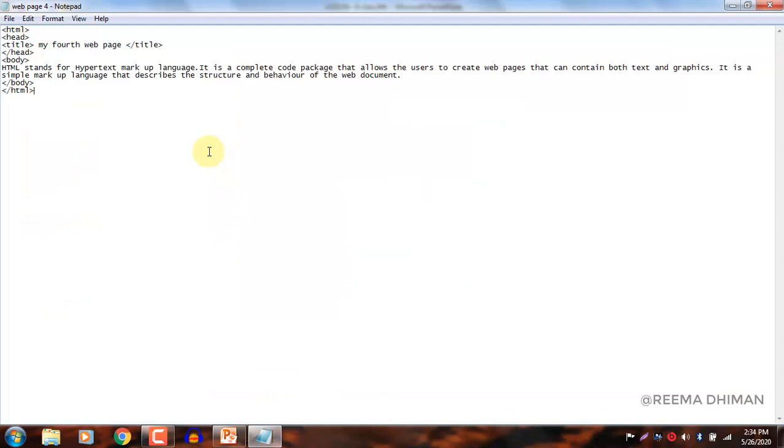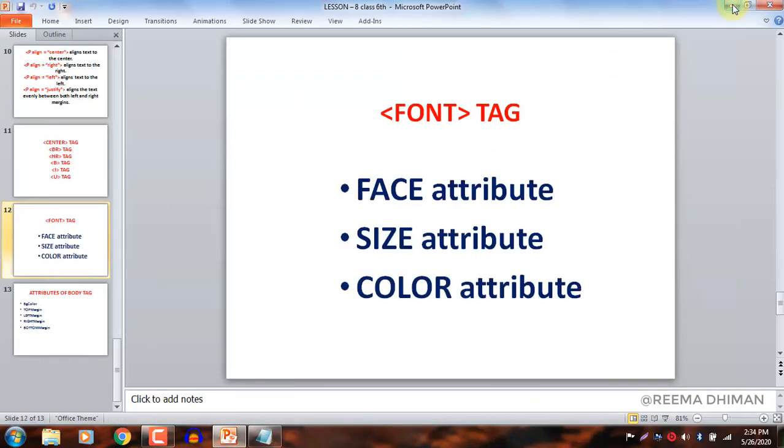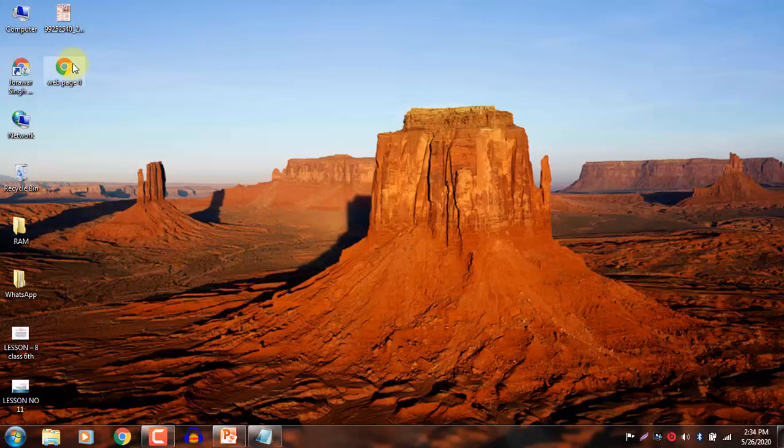So consider the same code. Firstly, here I have not applied any kind of font. As you can see, it is normal text. We will see how it looks on the web page. It is web page 4.